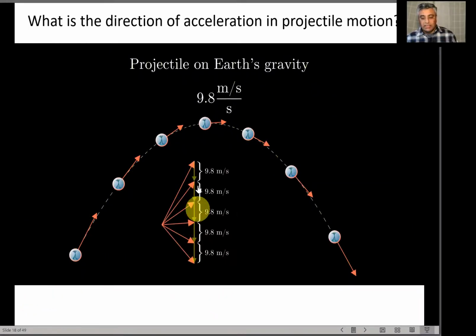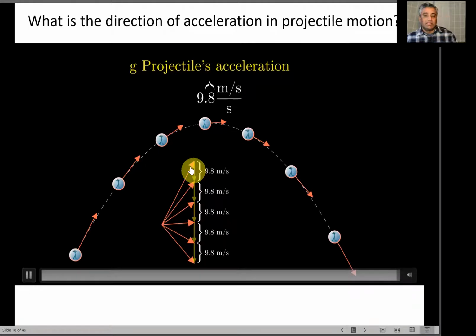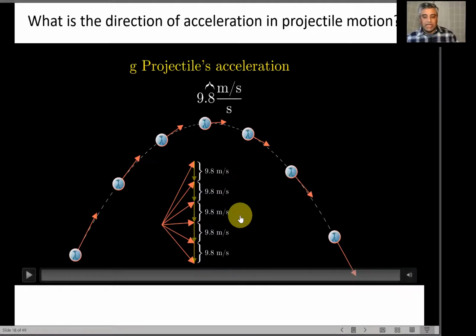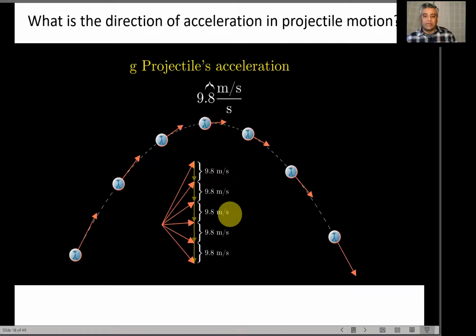Remember, tail to tail and then from the tip of the initial to the final. That's how it's done, and that's the change in velocity. And since this change in velocity happens each second, it's going to be acceleration as well. So that's what we learned about projectile motion. And now, since the acceleration is constant, we can use kinematic equations